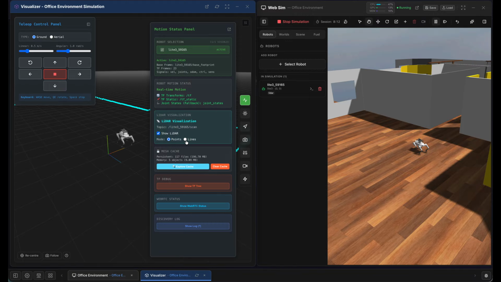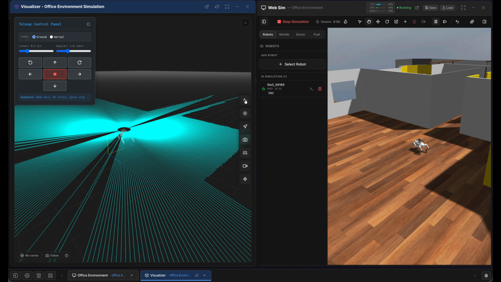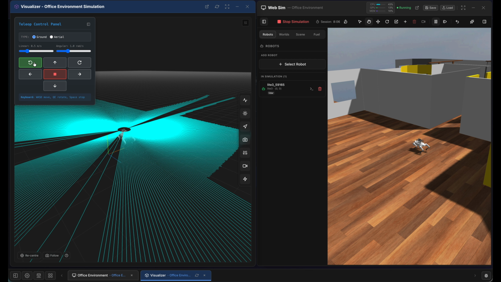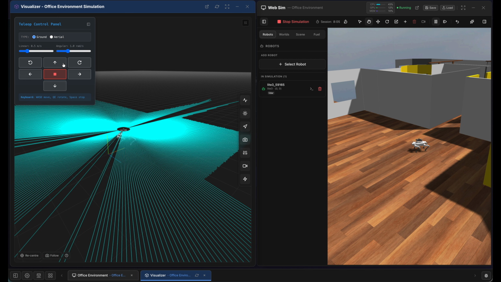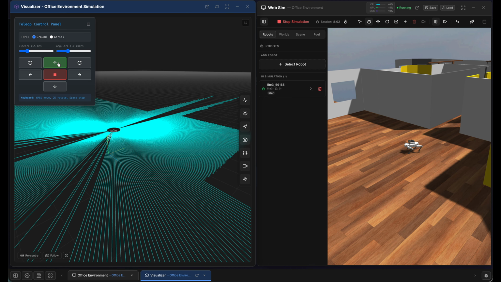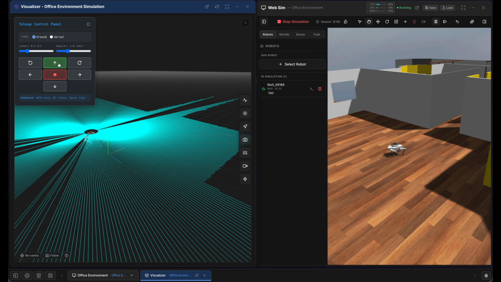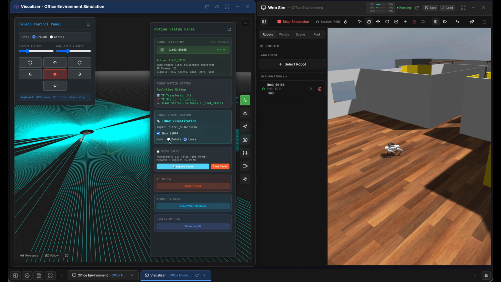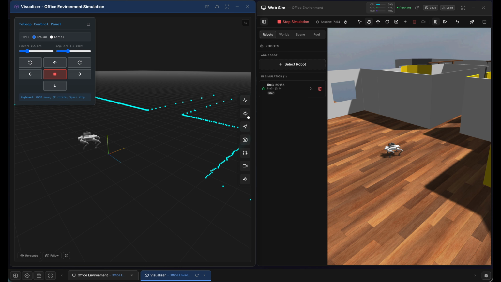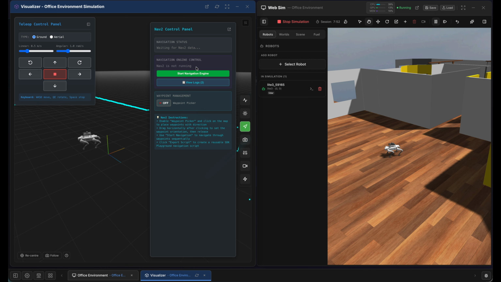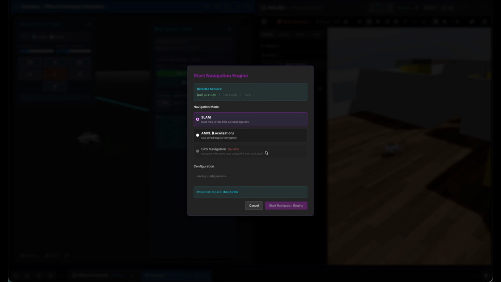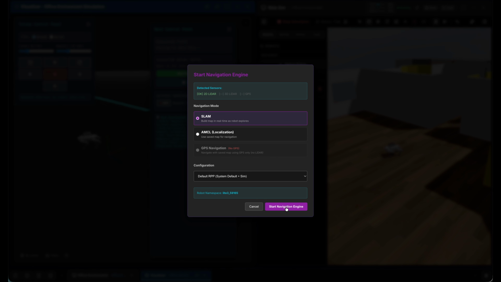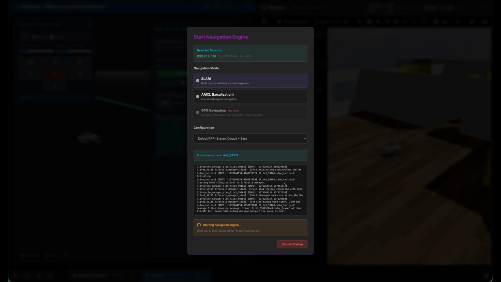Opening up that palette there, we can then turn on the LiDAR, and you've got the option of either points or lines. So just showing the lines here for demonstration, but let's choose points because you can get a better idea of what's going on. So opening the nav2 control panel, open that, and we start nav2, and we're choosing to create